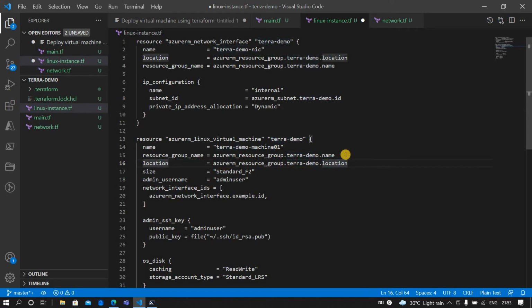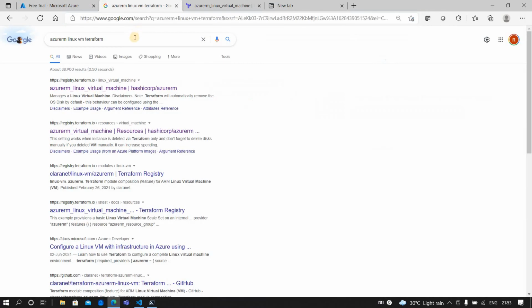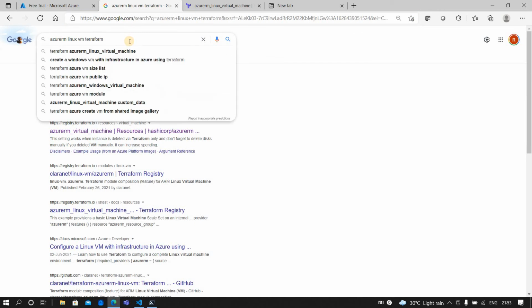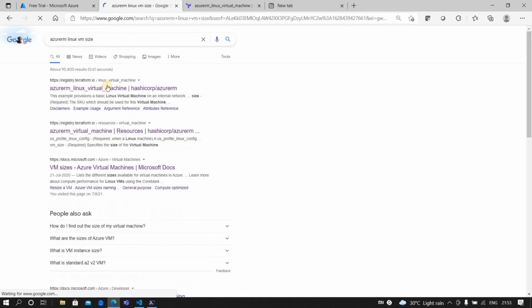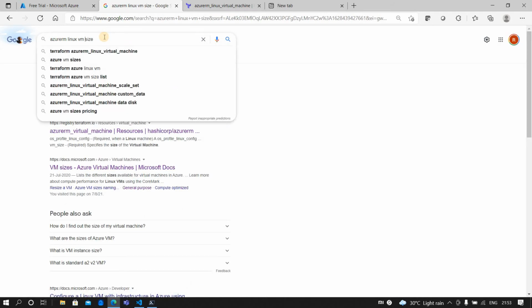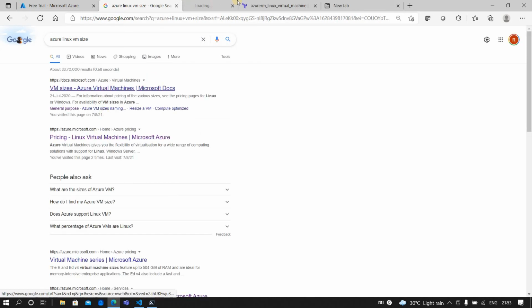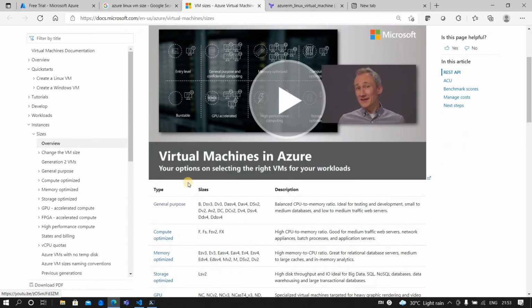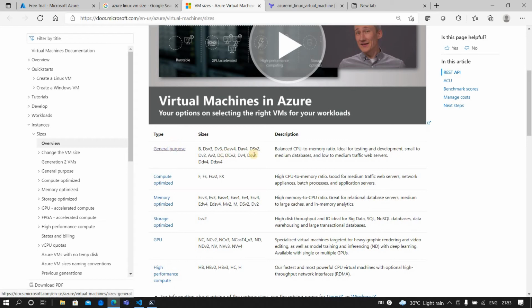I gave the location of the resource group. I asked to provide the resource group name, and then let me search for the Linux machine size because I don't want to create a higher size VM. So if I start looking for Azure Linux VM size, now I go for general purpose.